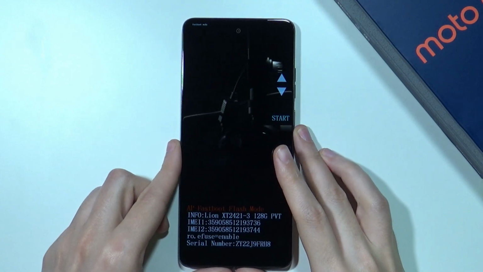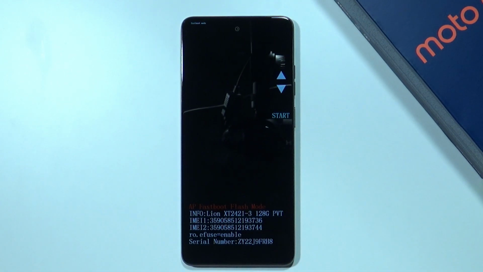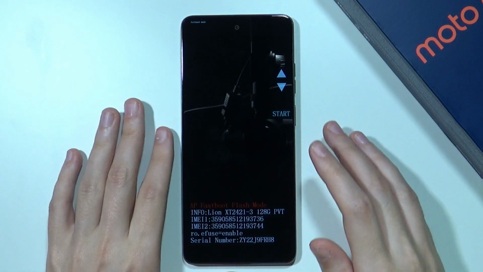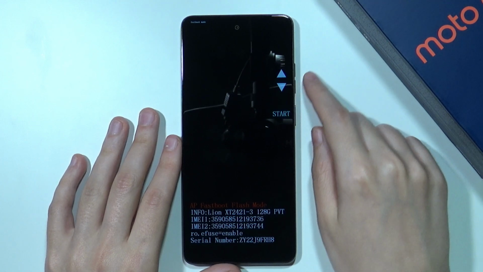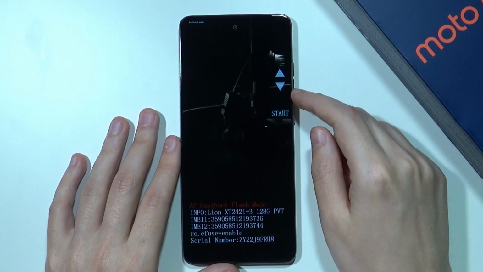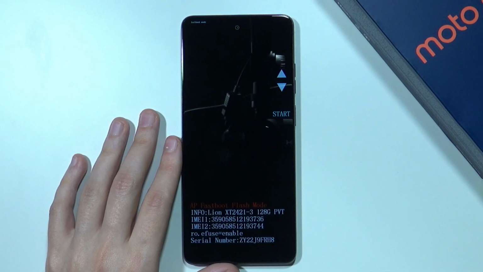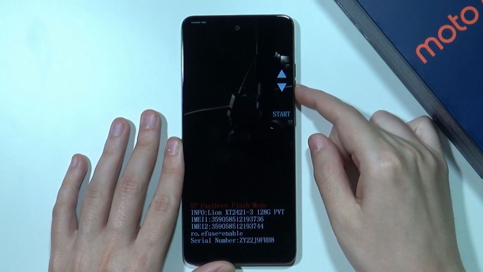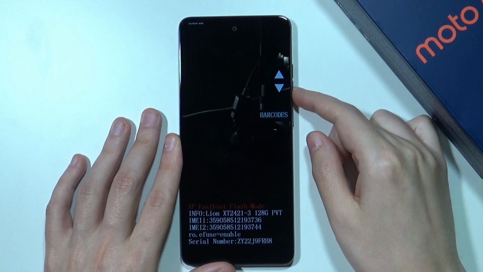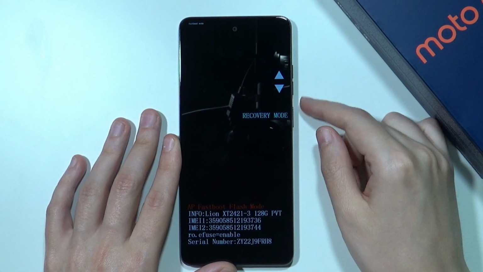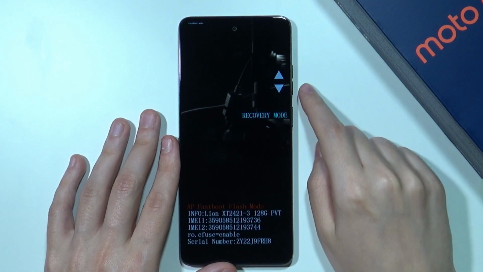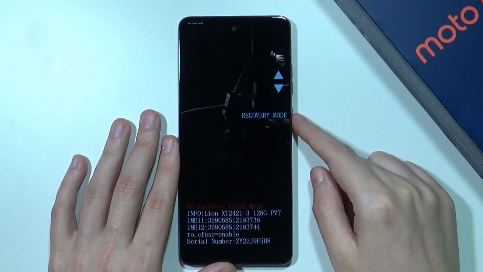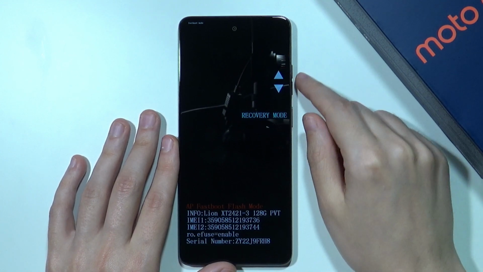In fact, the Fastboot mode allows you to get access to the recovery mode as well. And if you want to open the recovery mode, instead of holding the volume down button, you want to hold the volume up button. And then you will, like I said, access the recovery mode. However, from the Fastboot mode, we can also go to the recovery mode by using the volume buttons until we find the recovery mode. So you can scroll up and down by using the volume buttons, and then confirm by pressing the power button. So right now, as you can see over here, we can go to recovery mode,